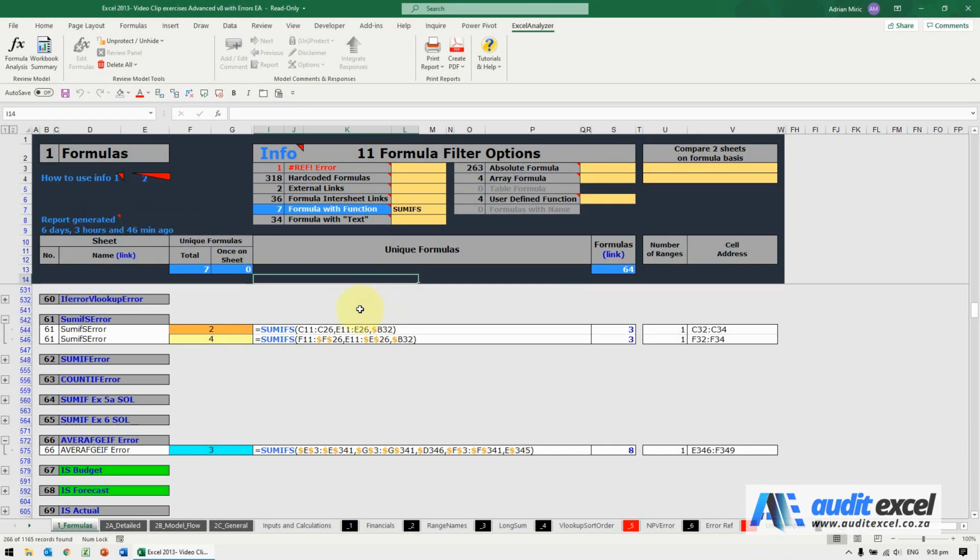As a general rule with SUMIFS, COUNTIFS, AVERAGEIFS, MAXIFS, MINIFS, all of those statements, the items that you're looking at, the sum range and the criteria range, as a rule, generally should have dollar signs on them. Because that is generally with the tables, you're asking it to look at the same table to work out what it's looking for and what it's adding together. If you look at this one, you'll see there's no dollar signs on the first one or the second one. And even this one here, there's a dollar sign on the first part, but not on the second part.